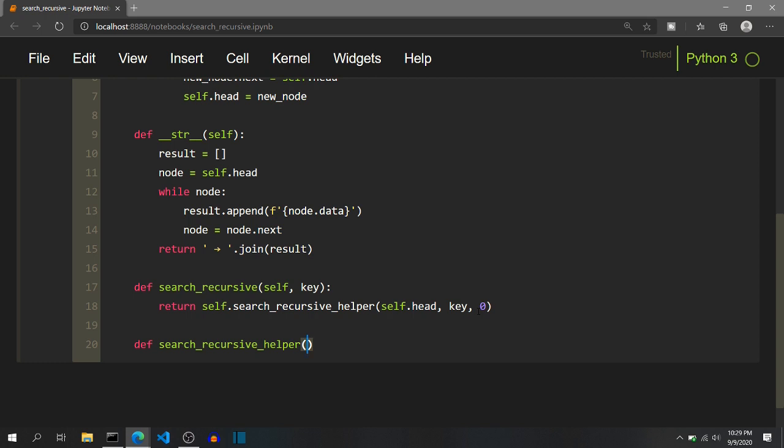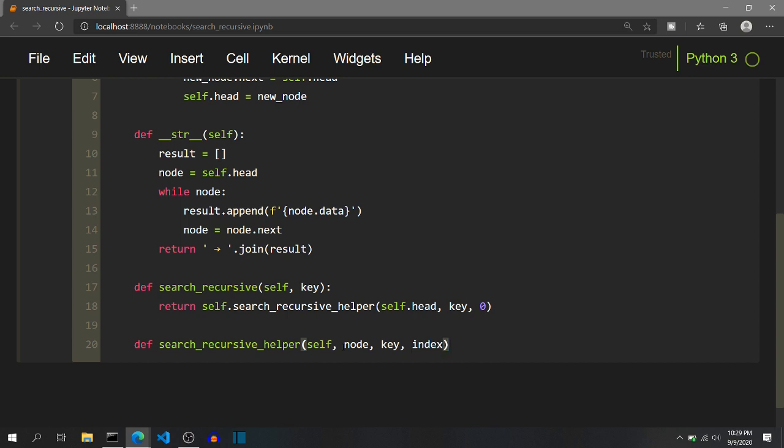As this is an instance function, we need to pass the self parameter again, but apart from this self parameter we have three parameters, just as discussed before. So the current node, the key, and the index.